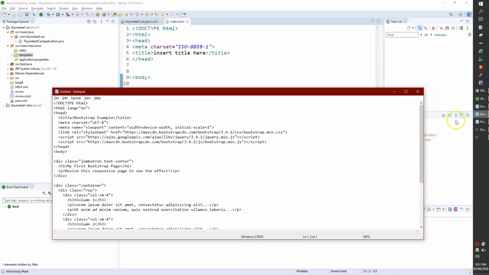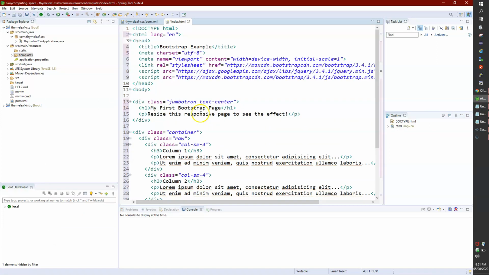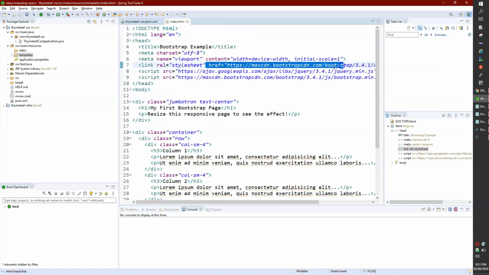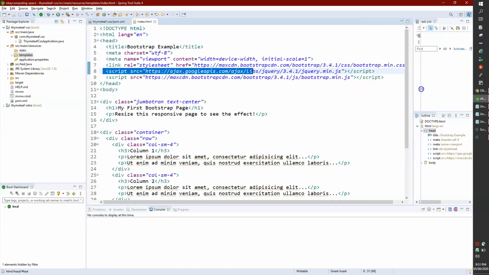What I'm going to do is copy one UI from the internet. I've taken it from the internet. If you see here, this is the normal way of adding a link stylesheet in the HTML page, and this is the very generic, regular way to add CSS in an HTML page, right?